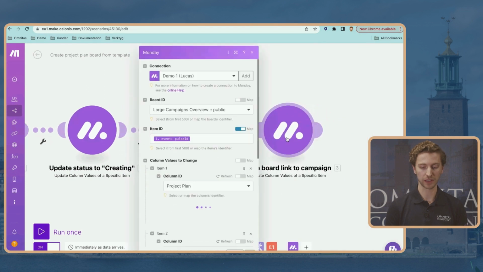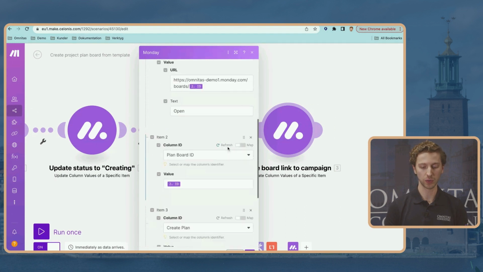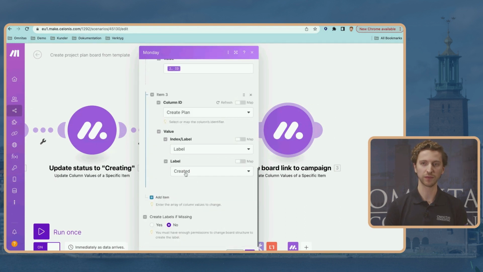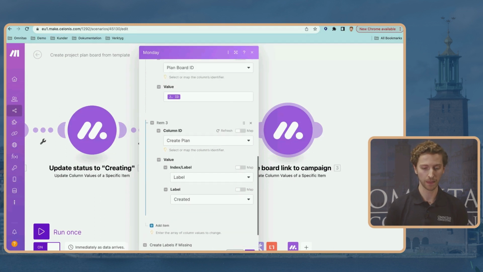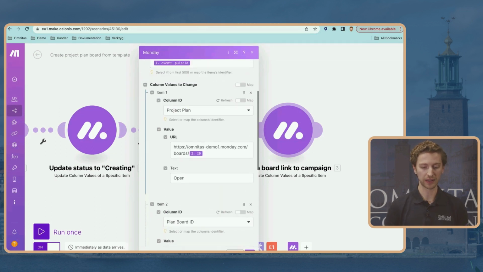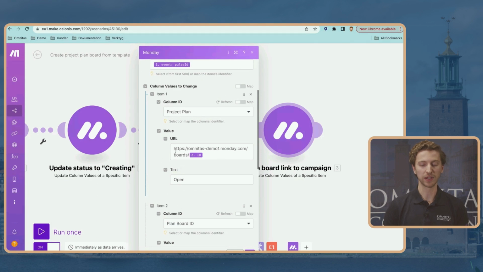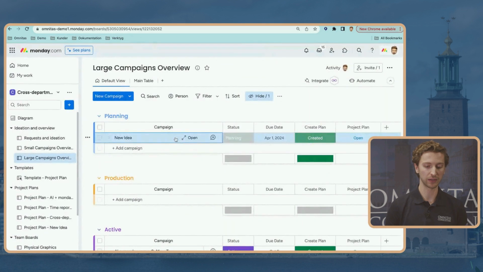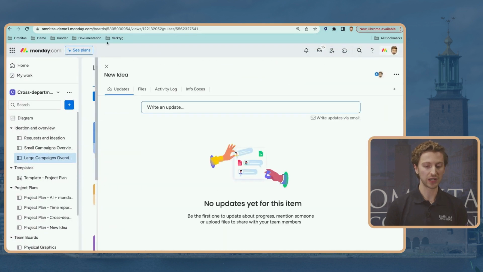And then finally, in the end stages, we change that project plan status to created to give that feedback that everything went fine. We didn't get into any issues along the way through Make. We're also going to create that link. So we actually know in Monday that you can play around with the link a bit. So for example, if I go in here and open this item, we're going to see a couple of things